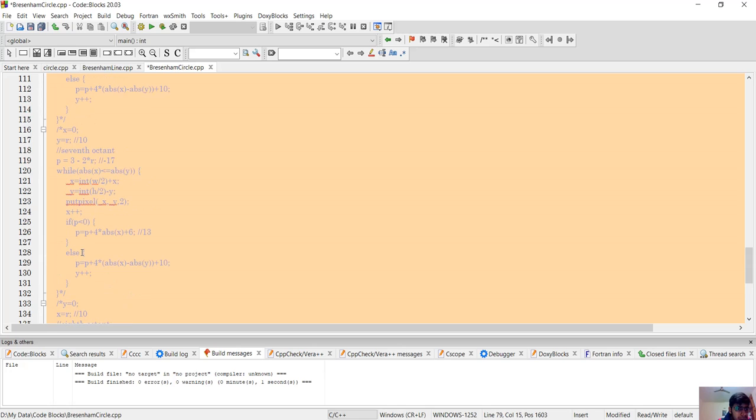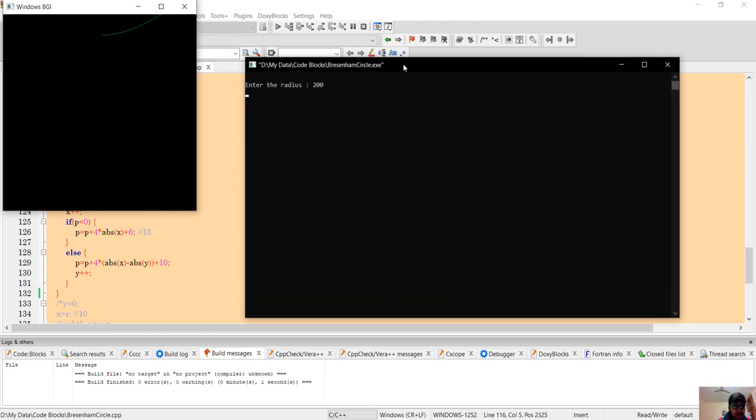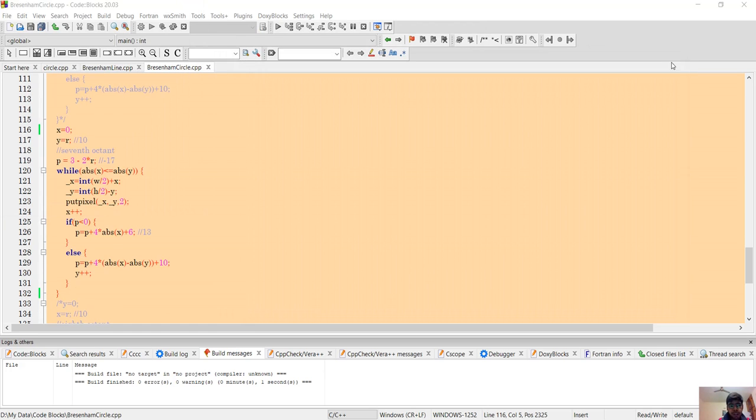And for an example, let me work it in the seventh octant. F9, 200. I forgot to give the negative value.